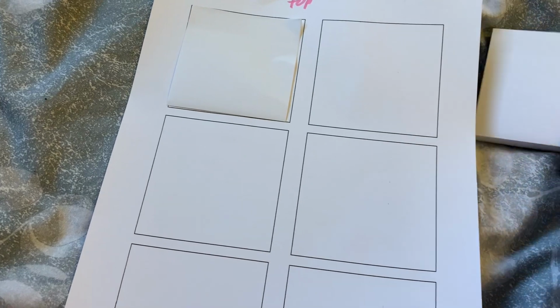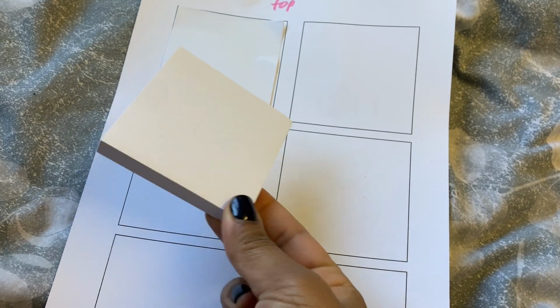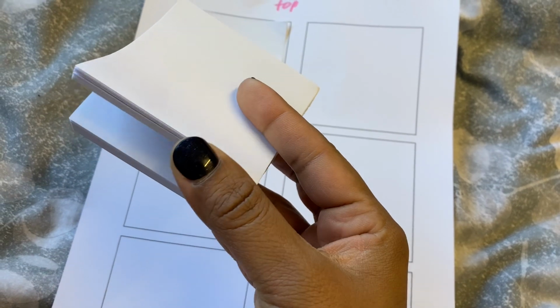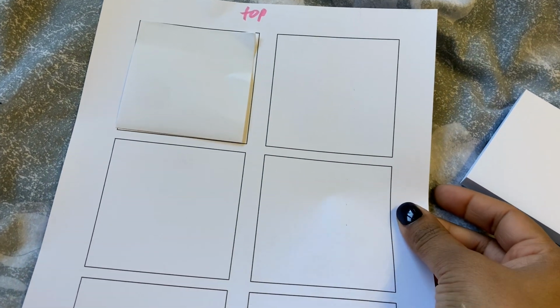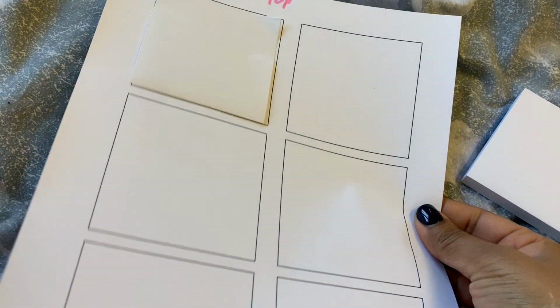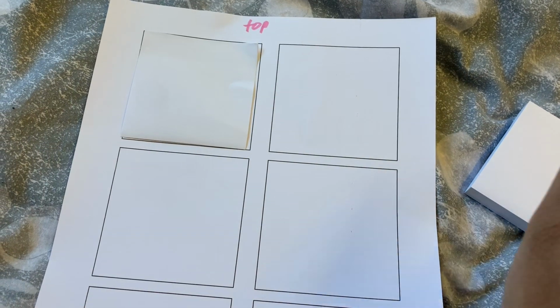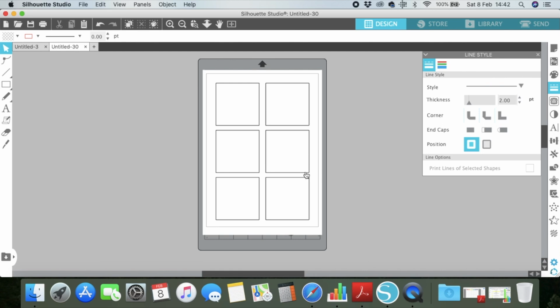And you can obviously use different colored sticky notes. I just prefer white, but if you're only printing words, you can use pink, purple, blue. You can use transparent sticky notes, as you like. So once this is printed, what we're going to do is go